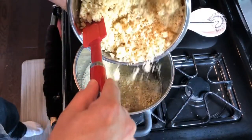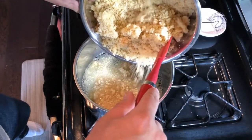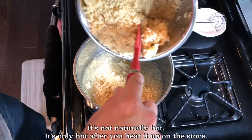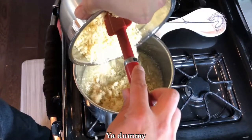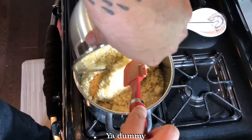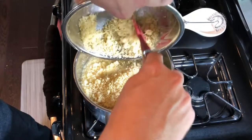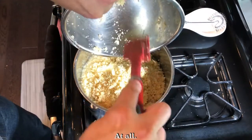Careful not to splash yourself with this simple syrup, because simple syrup is extremely hot and it sucks a lot when it splashes on you. So dump all your almonds in there. Be sure to get some on the stove too. It's very important. Get as much as you can in there. Again, not an exact science. Once it's all in there,